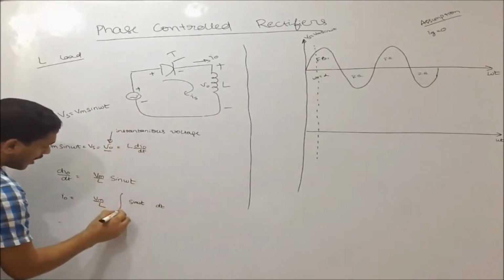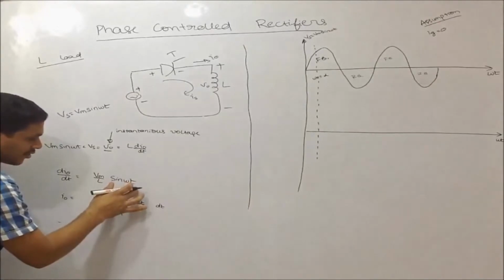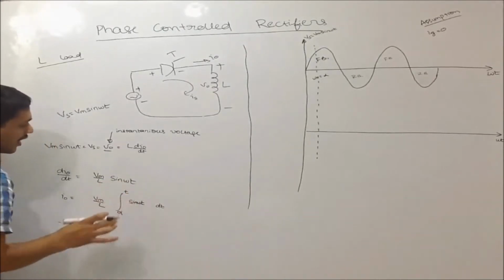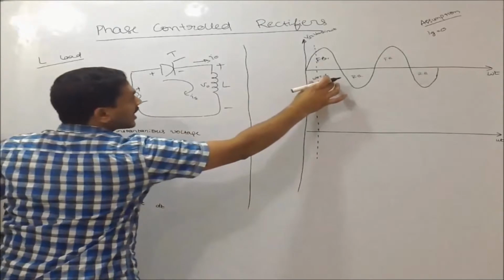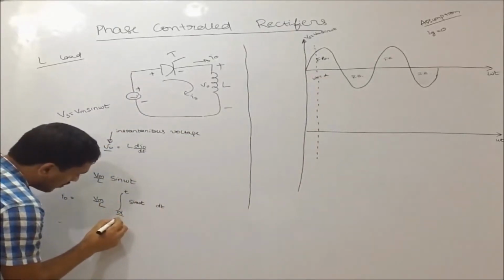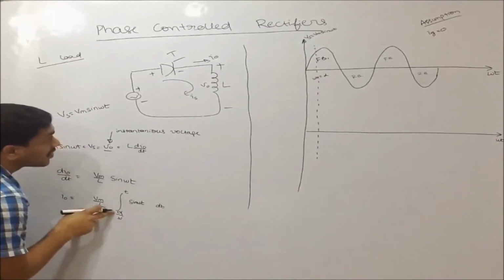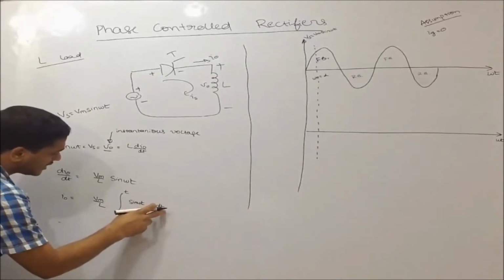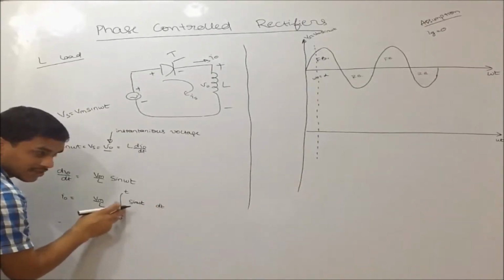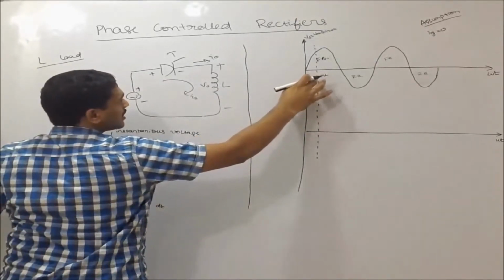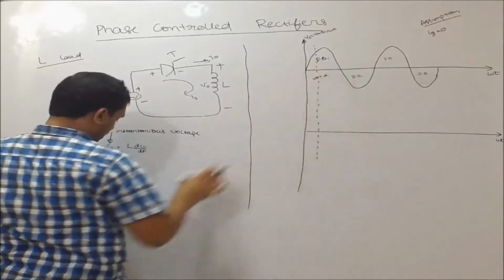I have found at alpha. The extinguished angle I don't know, so I have to take it as just t. But what I have is omega t equal to alpha, so t equal to alpha by omega. Because the dimension of alpha is what? It is radians or degrees. This is time, so to match time, I have to have time here also. So I am putting alpha by omega. Omega t corresponds to alpha, thereby t corresponds to alpha by omega.